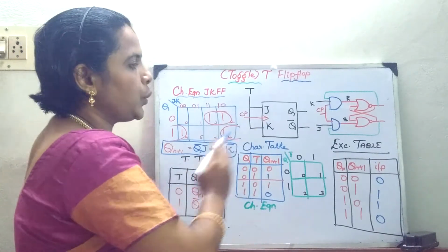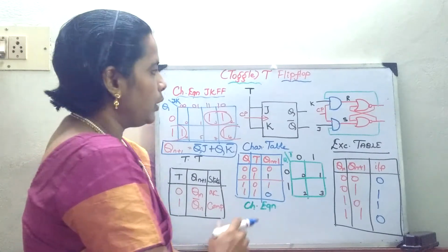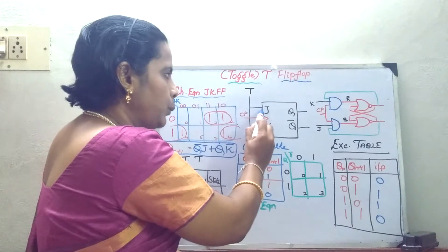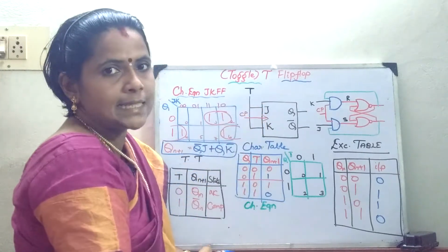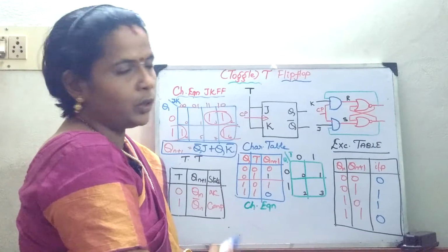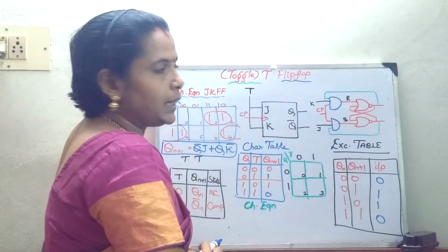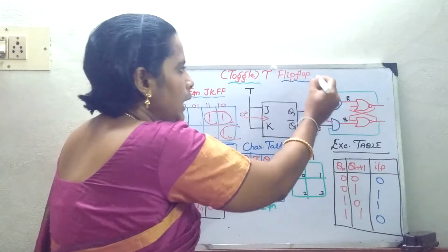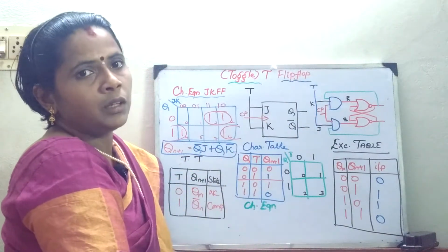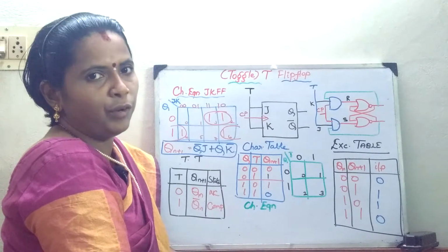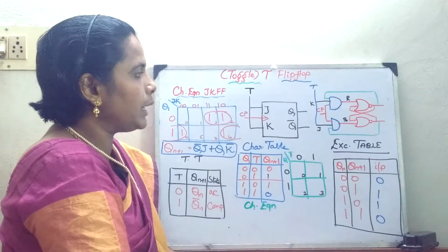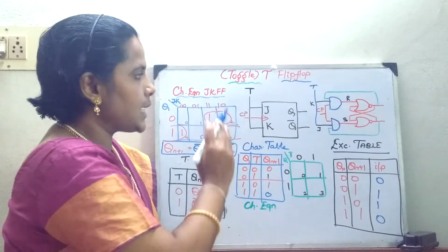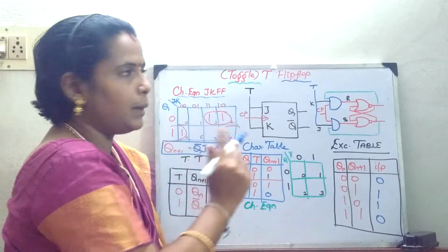Now we will move on to your T flip-flop. As I already told you, in JK flip-flop, if I connect both the inputs together, then it results in the T flip-flop. In the logic diagram, the same thing, J and K are there, just connect them to a single pin, then it becomes the toggle flip-flop or T flip-flop. So, J and K inputs are connected to only one input, that is T.